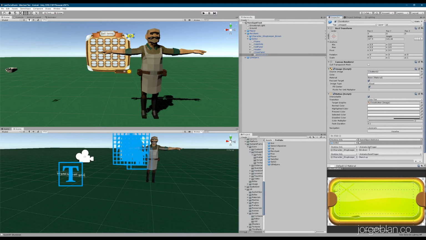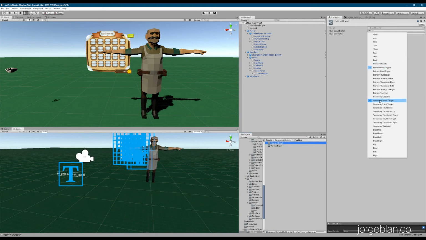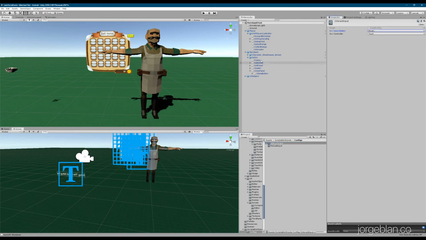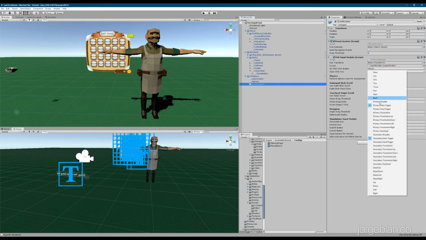And one thing that was happening is that as soon as the merchant would sit down, he would immediately stand up again. Now I haven't looked into that, but my intuition is that the stand up trigger was still getting set, maybe because the input to trigger the close button is the same input as the interactor input. If you remember here in the player, we have the interactor, which has an interact input, and this is the primary and secondary trigger here. And that is the same